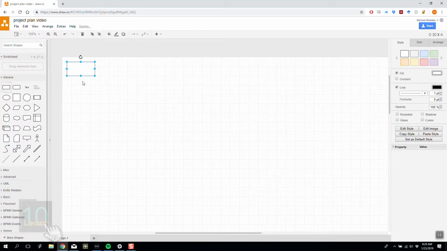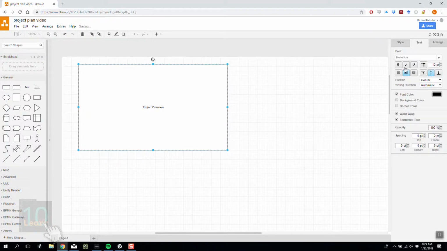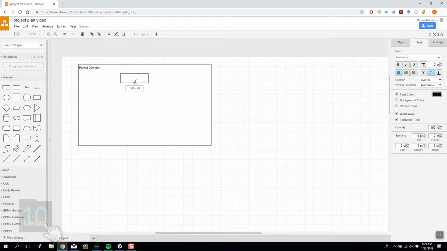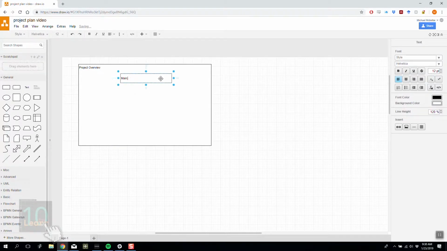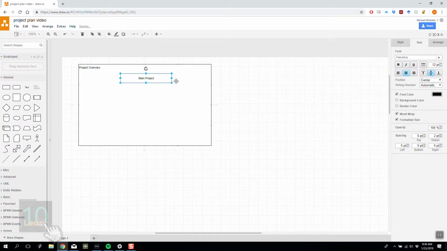So the first thing I'm going to do is make a blank rectangle, and we're going to make a project overview. Going to put the title into the top left corner, and I'm just going to lay out the main sections of the program that we're going to have, and then we'll expand each of them so that we can see the detail and effectively make a rough outline of our TouchDesigner network. So the first thing I'm going to make is the main project, our main tier, so everything,